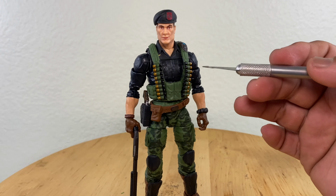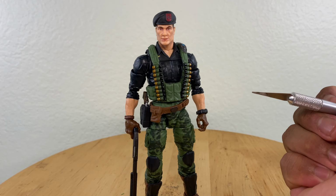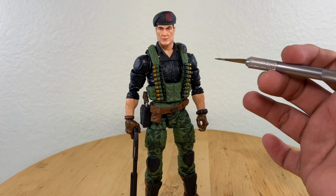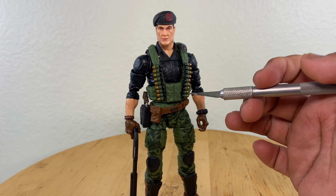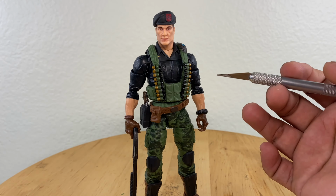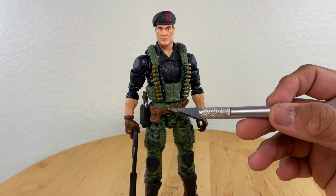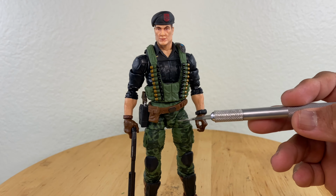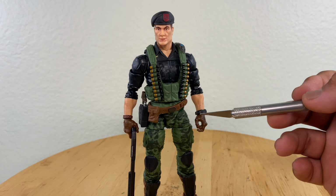Okay, so since he has a chest rig, there is no need for a belt for that chest rig because we don't have any suspenders. Where the shotgun cartridges are attached to are the suspenders for the chest rig. So we only need a single pistol belt for this figure. Now what I did was to detach it with an X-Acto knife, cut it off, and then